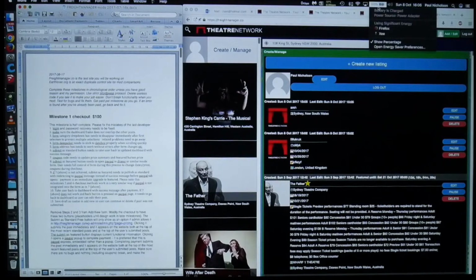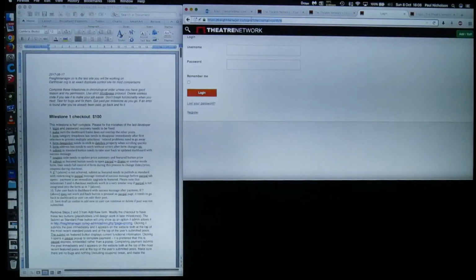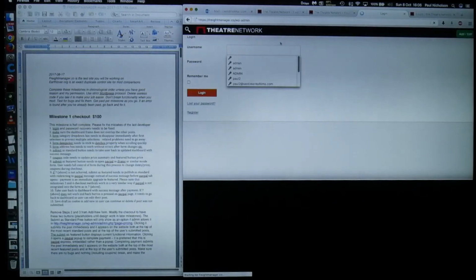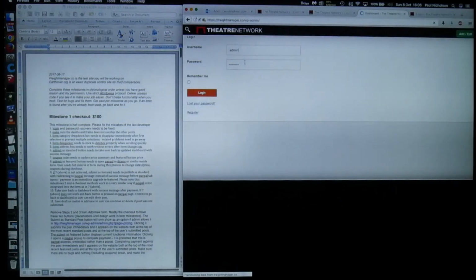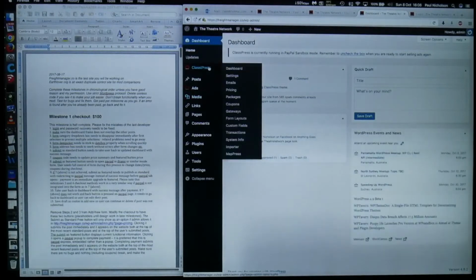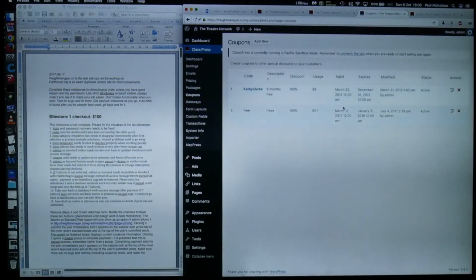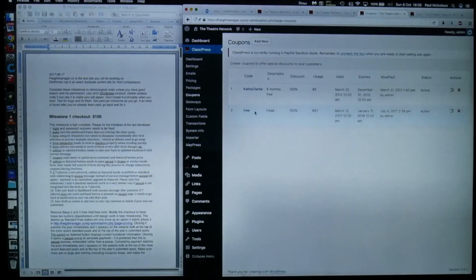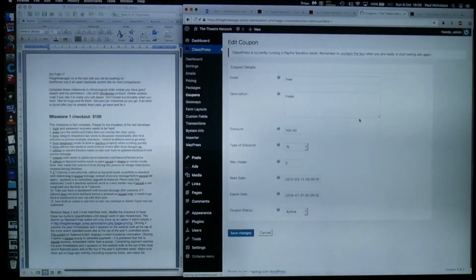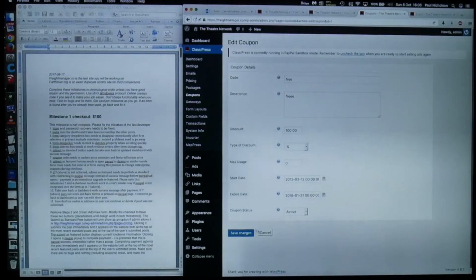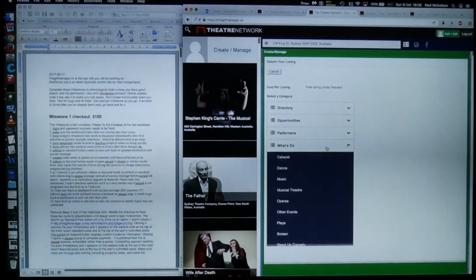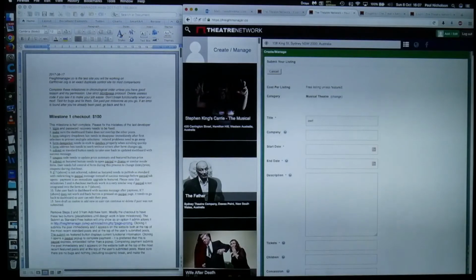So in the freightmanager WP admin, in coupons, you can see the coupons I've made here. I've got Kathy Clark, who's a regular guest, and I've got free. I've set that here to be 100% discount. Okay, so if I go back to create a post, what's on section, musical theatre post,